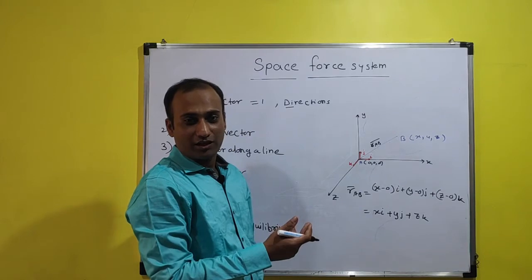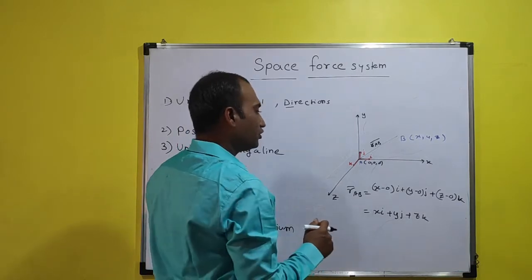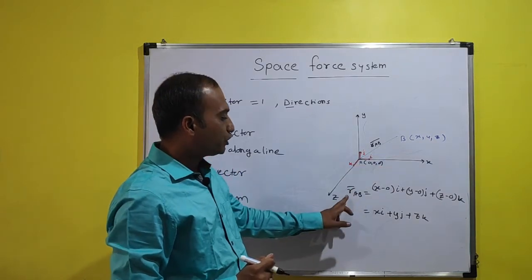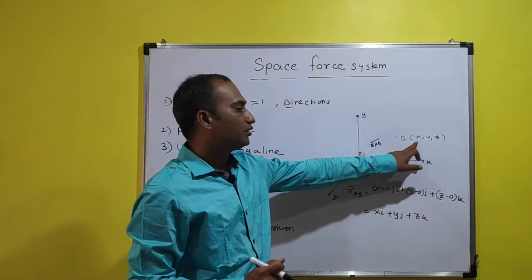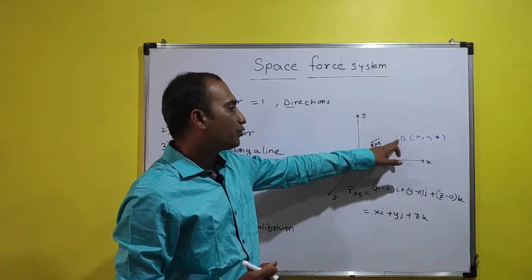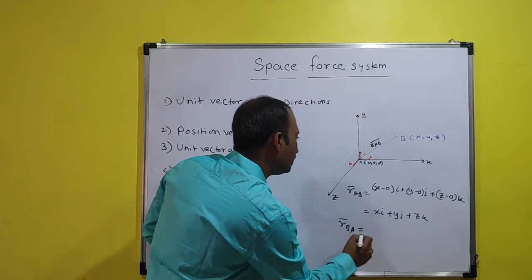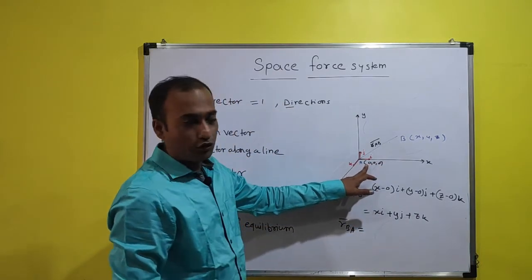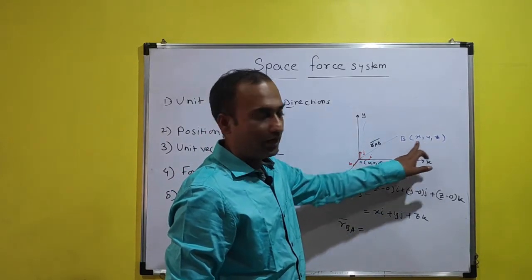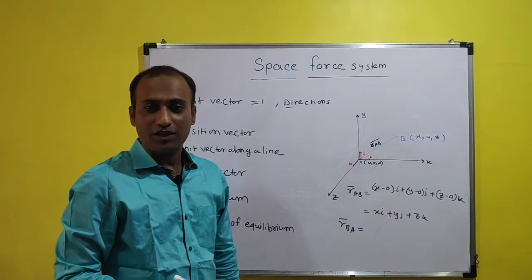So whatever may be the line, according to that you can calculate the position vector for any line. So here the direction is important. If you are going from A to B, means the position vector of AB, then it is the next coordinate minus the previous coordinate. And if you are going in the other direction, from B to A, to calculate the position vector of BA, then it will be 0 minus x i, 0 minus y j, and 0 minus z k, etc. So like this you can find out the position vector of any line.